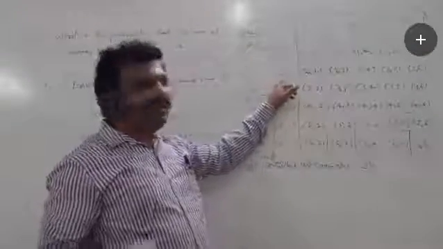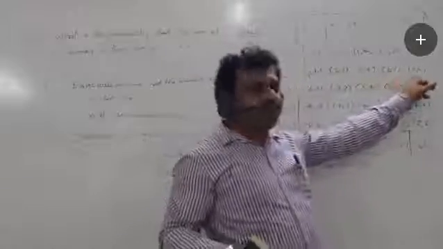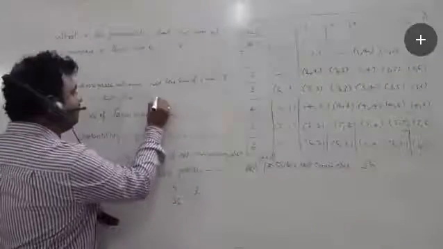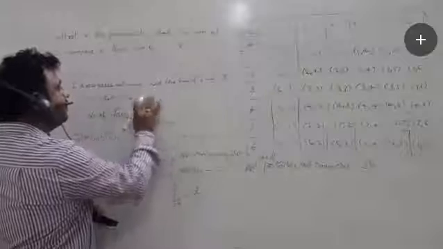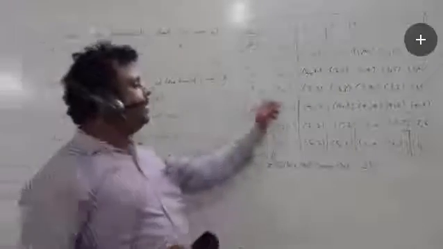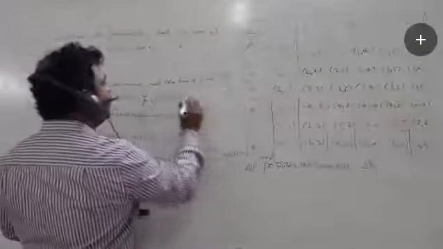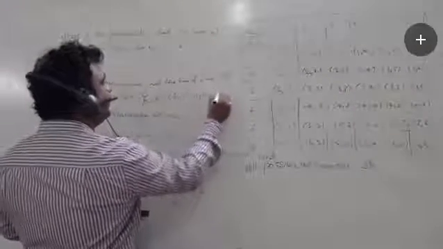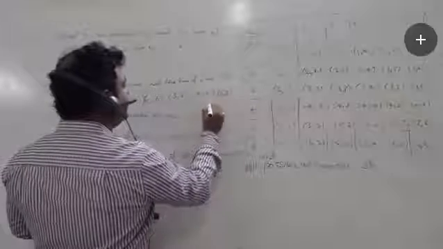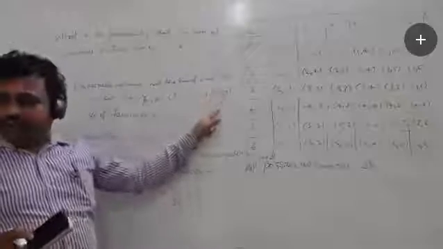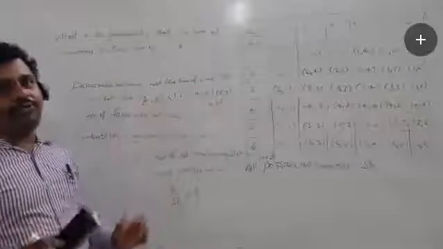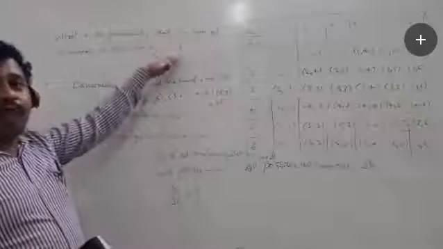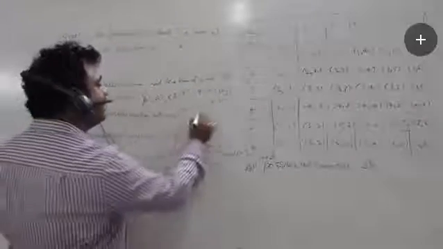Here 2 plus 1 is not favorable. Observe here, 2, 6. 2 plus 6 is 8. 2, 6 is one favorable outcome. In 3, yes, good, 3, 5. In 4, 4, 4. In 5, 5, 3. In 6, 6, 2. 1, 2, 3, 4, 5. These 5 are favorable outcomes for getting the sum of two numbers on their face as 8. So the number of favorable outcomes is 5.